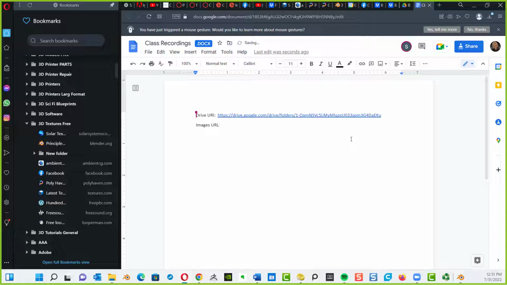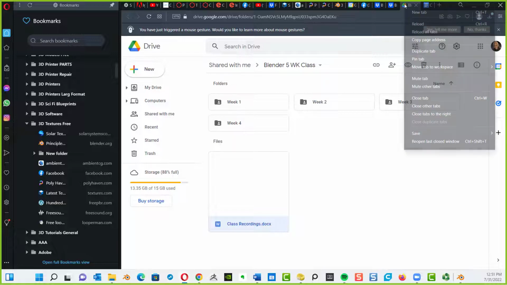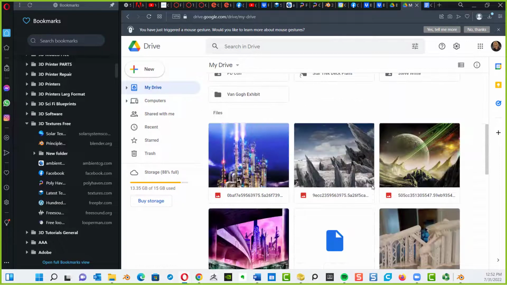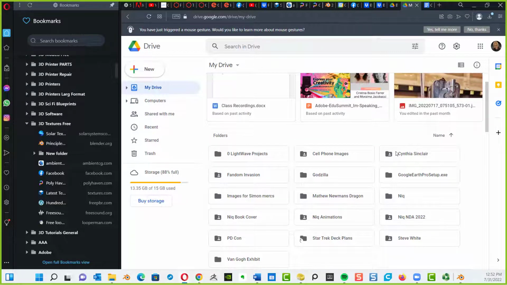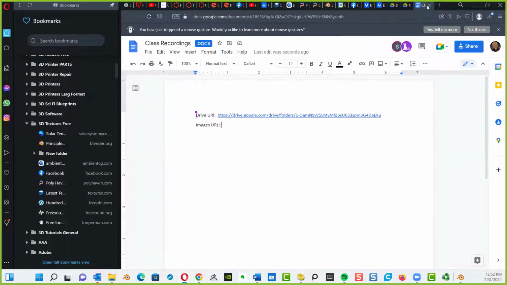I told everybody to download those images and put them on your desktop. Let me go get them. Let me see. Where is my? That should be right there. I'm going to go copy. Let me duplicate this real quick so I don't have to mess that up. All right. If I go to my drive, the student images folder should be. Oh, it's not here, is it? It's in another drive. So I guess what I'll do is go to the email I sent everybody real quick and just copy it from there. But it'll be listed in that folder. I'm going to put it right there under the Images URL.